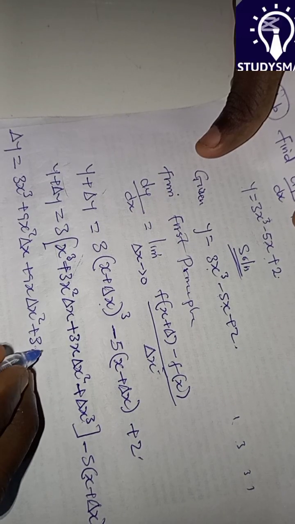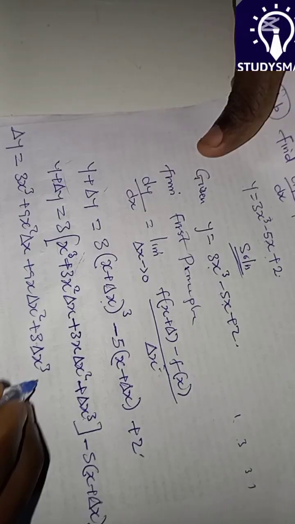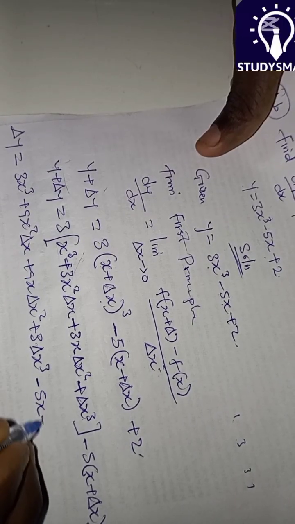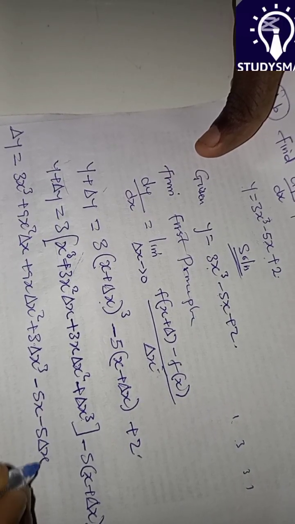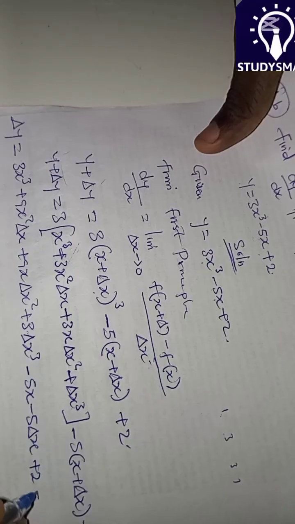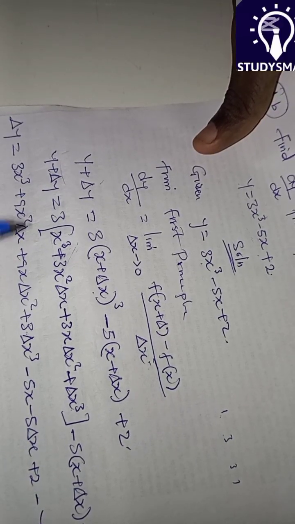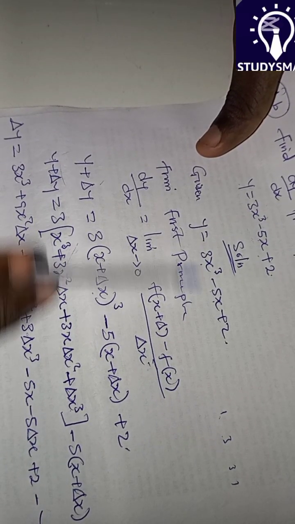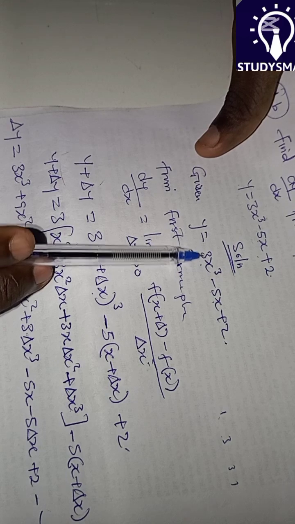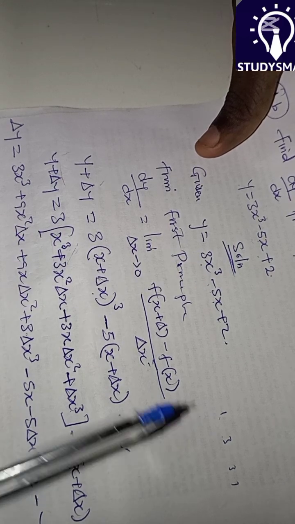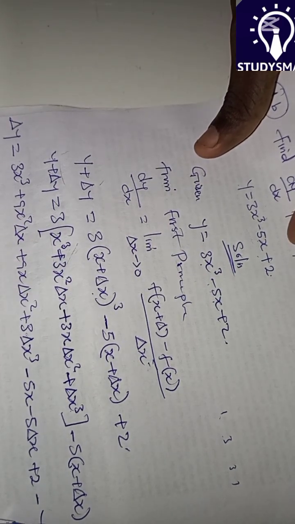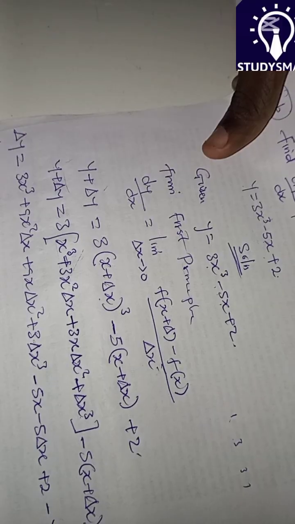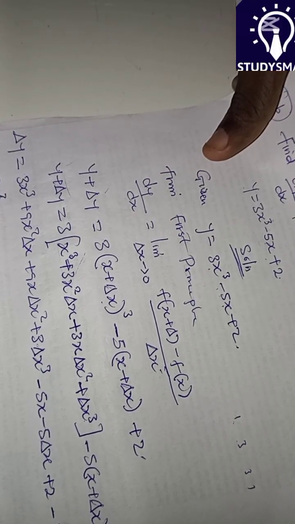Right, so plus 3 delta x cubed. I have minus 5x minus 5 delta x plus 2, then minus y. And my y here has an expression already, which is 3x cubed minus 5x plus 2. So we'll just replace it here. So I'm going to have delta y equal to 3x cubed